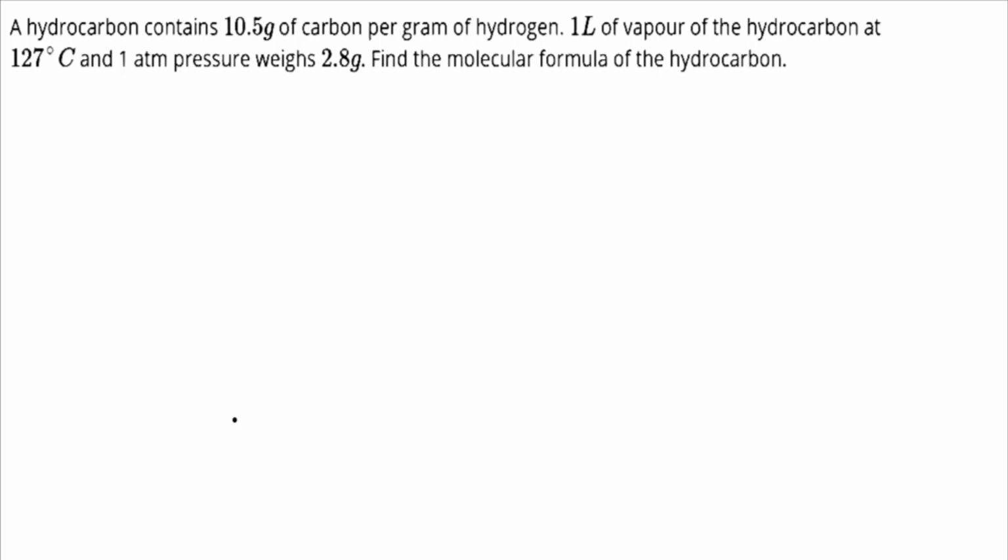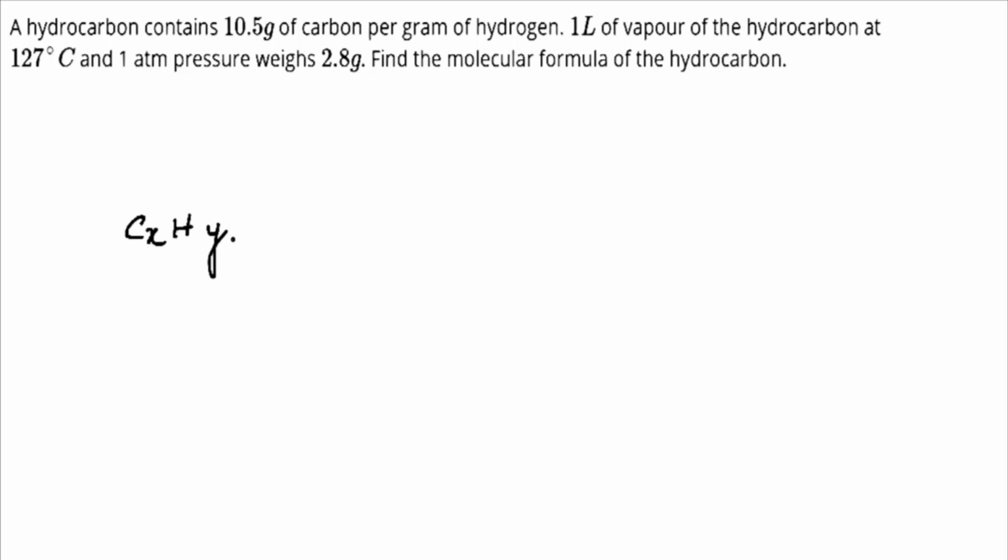Now, to answer this, firstly let us discuss the meaning of the formula mass of a compound. We define formula weight or formula mass of a molecule or a compound as the sum of atomic weights of atoms in its empirical formula. We express the formula mass in terms of atomic mass unit. And to find the formula mass of the hydrocarbon, we first need to find the formula of the hydrocarbon. Let us assume that the hydrocarbon is